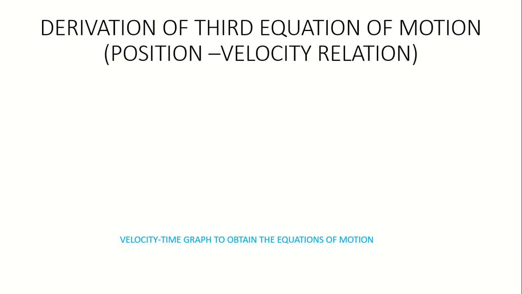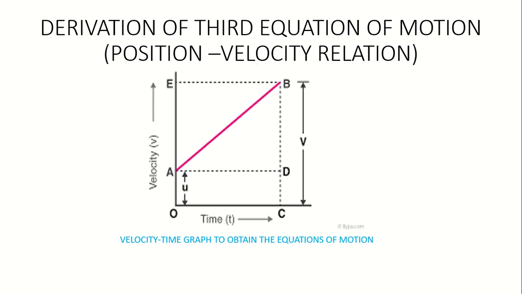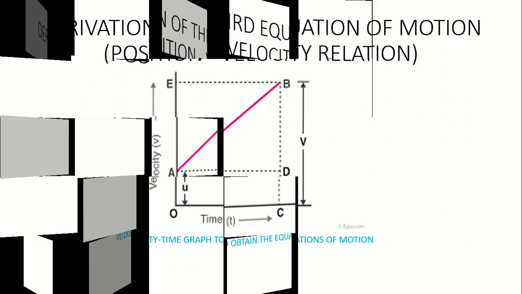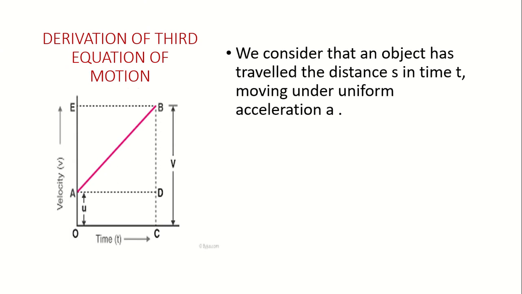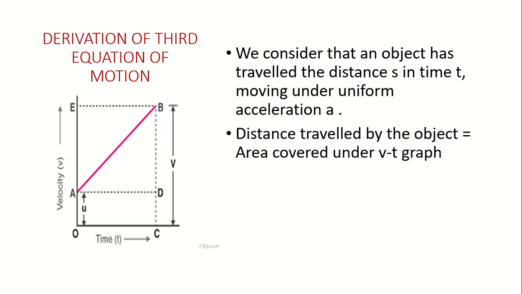We are going to derive the third equation of motion, which is also known as position-velocity relation. Again, the same graph. You have the velocity-time graph once again, which is for the uniformly accelerated motion. And here comes the graph once again, and we consider that an object has traveled the distance s in time t moving under uniform acceleration small a, and distance traveled by the object is equal to area covered under